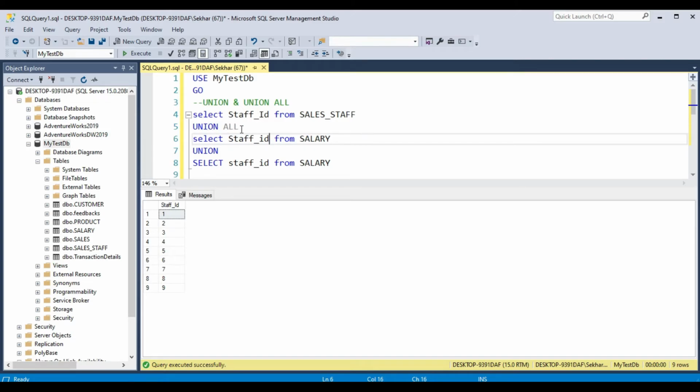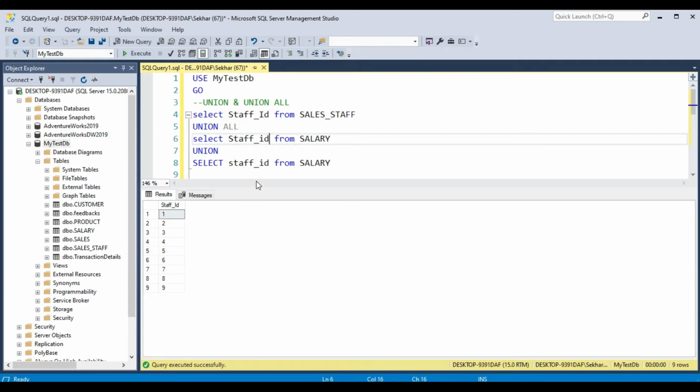But with union all, if you don't have any incorrect data type or incorrect sequence of columns in the select query, then the only difference we get is in the result set.